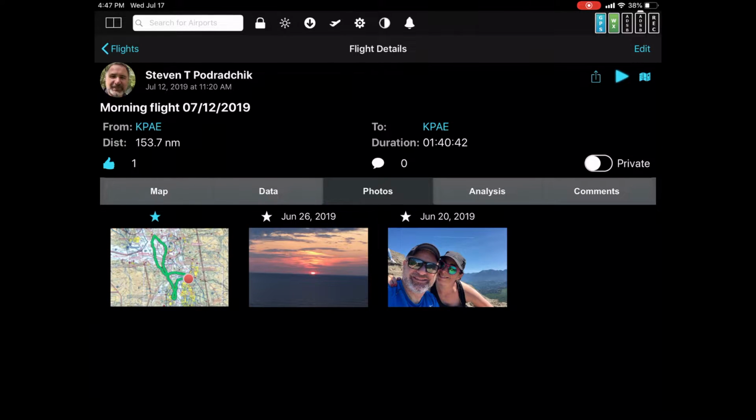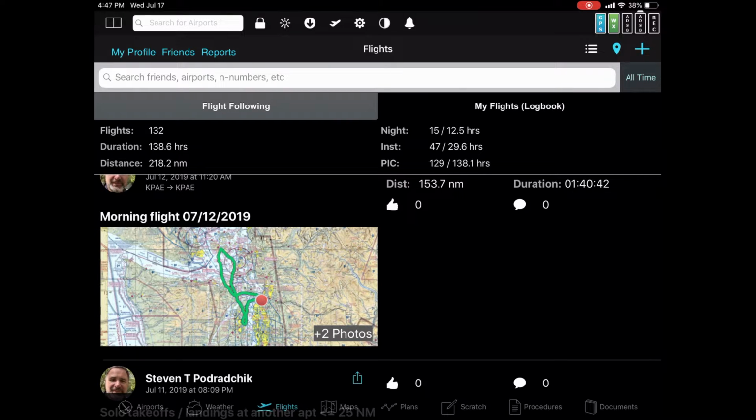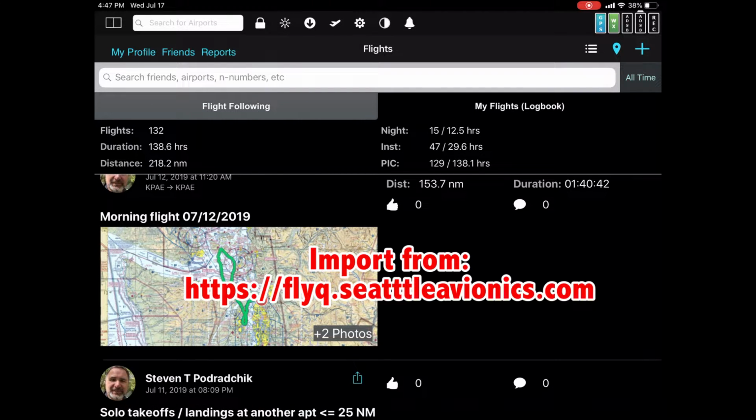Okay, so that's kind of the basics on how you get data into the system using the iPad. I'm not going to show it, but you can also import, if you have log files from MyFlightBook or from ForeFlight or potentially in the future other systems, you can go to our web-based system, which is called FlyQ Online,